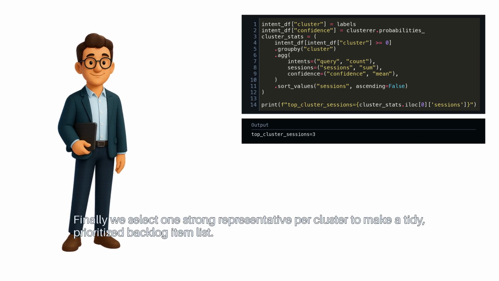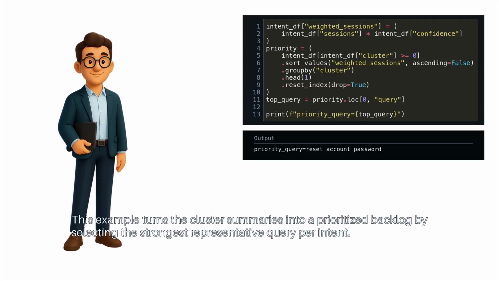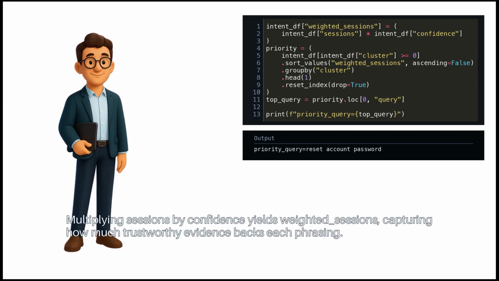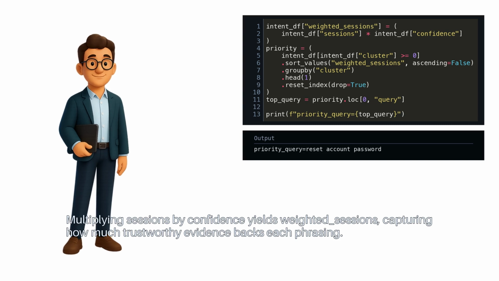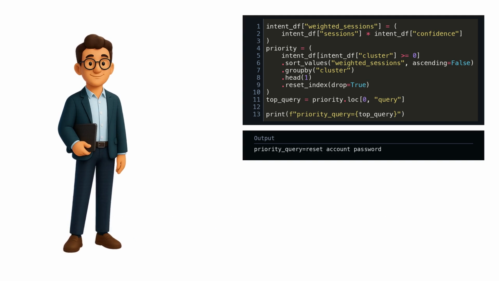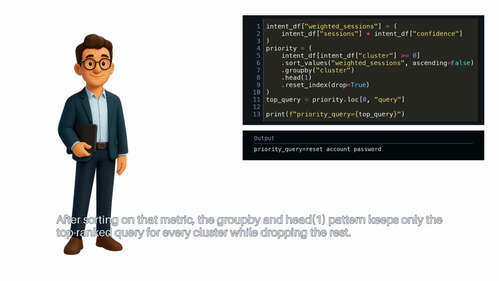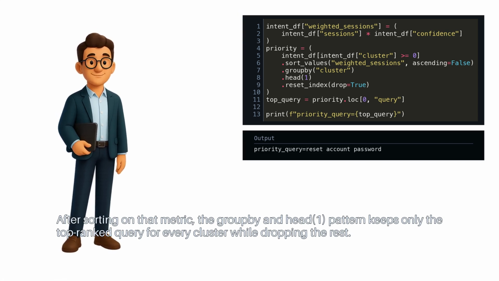Finally, we select one strong representative per cluster to make a tidy prioritized backlog item list. This example turns the cluster summaries into a prioritized backlog by selecting the strongest representative query per intent. Multiplying sessions by confidence yields weighted sessions, capturing how much trustworthy evidence backs each phrasing. After sorting on that metric, the groupby and head(1) pattern keeps only the top-ranked query for every cluster